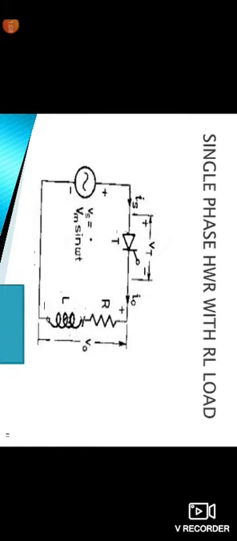Then we will move into the single phase half wave rectifier with RL load. Single phase means only one supply, half wave means only one thyristor, with R and L load. The output consists of the resistor and inductor. Here the applied voltage Vs equals Vm sin omega t. The thyristor voltage is indicated with Vt. There is an input current Is and output current I0. The output voltage is taken across the combination of R and L, across the resistor and inductor.